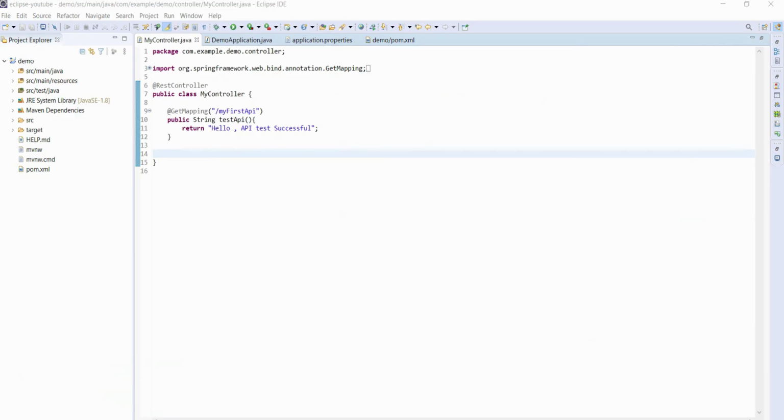So that is all for this video, my dear friends. In the next video, I will be implementing each of the HTTP methods. But before the implementation part, we have to connect our project to a database. It might be any database, a Postgres database, a MySQL database, whatever you are comfortable with. In order to execute every HTTP method, we have to connect our project to a database. In this application, I will be connecting it to a MySQL database. I will show you each step in detail in the next video.